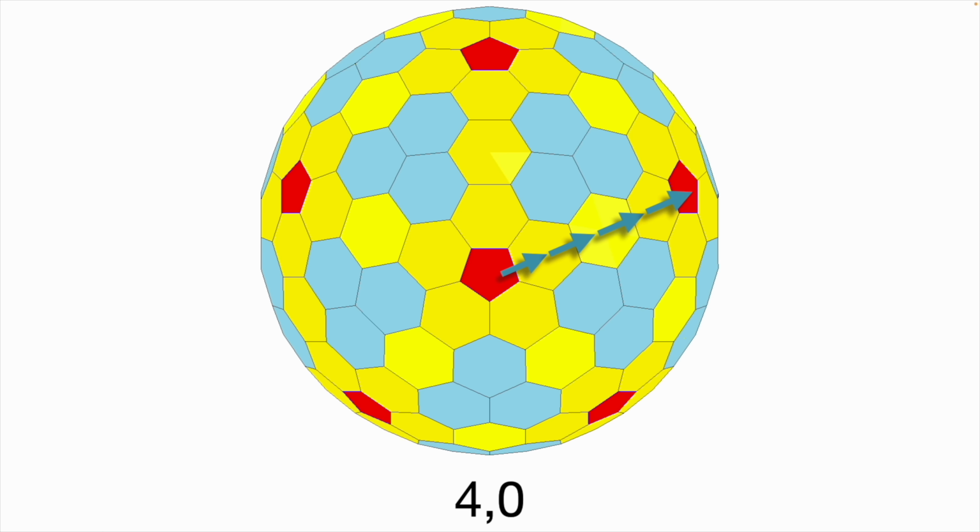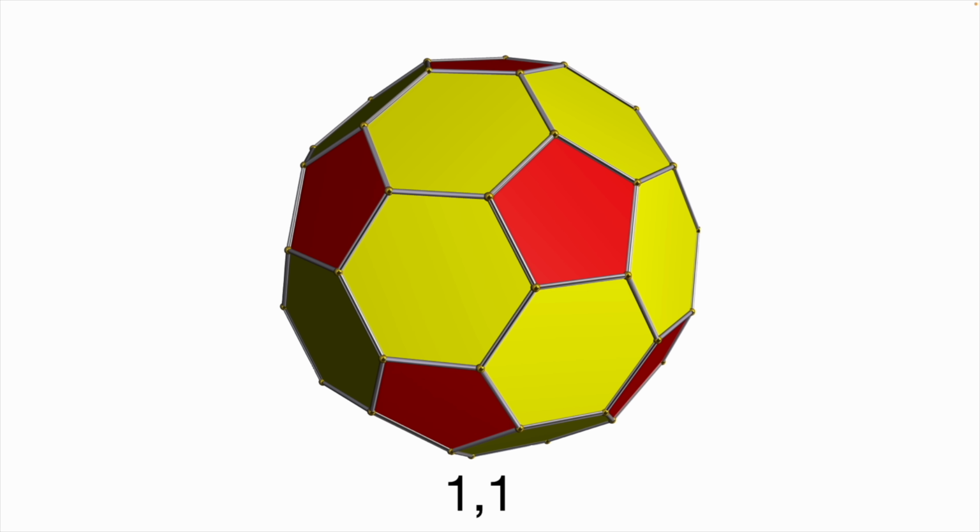But what does that 0 mean? Well, if we go back to the 1, 1 and we try counting the edge crossings for this, we have 1 to go up, we go up another 1, hang on, we're heading towards the wrong pentagon. We're not going towards one of the closest possible ones. That would involve going over here. But that's a new direction. So we have 1 in one direction and then 1 in a different direction. That's why it's a 1, 1.